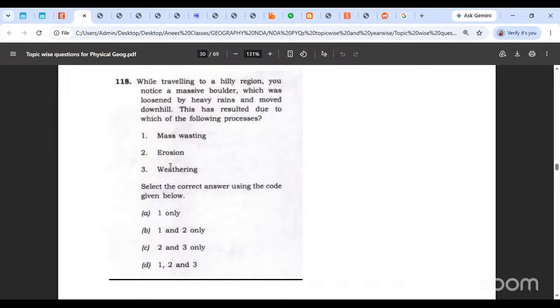See people, what happens is the reason why the rock changes and why it has come off unsupported, unconsolidated, is because it is being acted upon by all these forces, whether you are talking about erosion or weathering or mass wasting. Mass wasting में तो clearly movement ऊपर से नीचे आई है, लेकिन the reason why वो वहां से निकल कर नीचे आया है is because of erosion and weathering. अगर erosion weathering काम नहीं कर रहे होते तो वो कहाँ नीचे आता. So we are saying that all of these three will matter. So we'll go with 1, 2 and 3. तीनों options हैं हमारे.